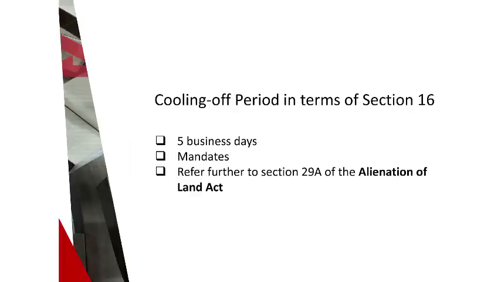Then, direct marketing. So Section 16 of the Consumer Protection Act provides that if a transaction is concluded as a result of direct marketing, then the consumer will have a cooling off period of 5 days within which he can cancel that agreement. Perhaps you can tell me how it will apply in your industry. I had to think of an instance or an example where someone could cancel as a result of direct marketing. I could not think of one in the context of property, but what I can tell you is that a